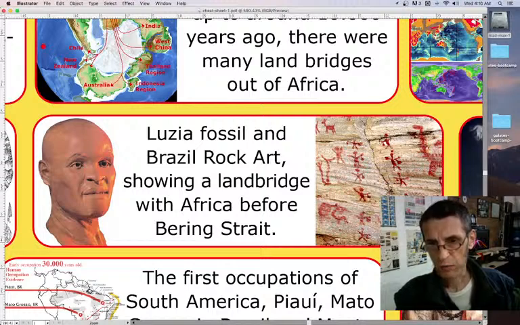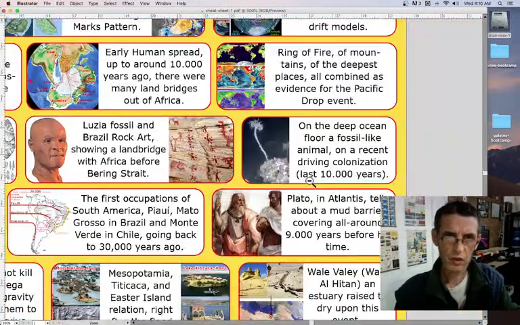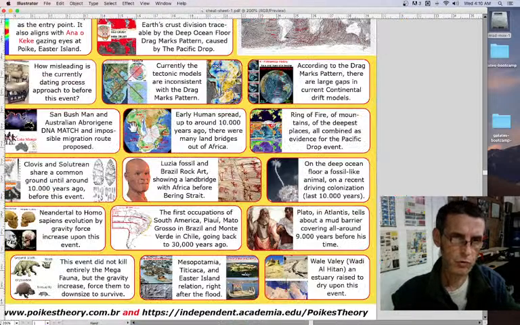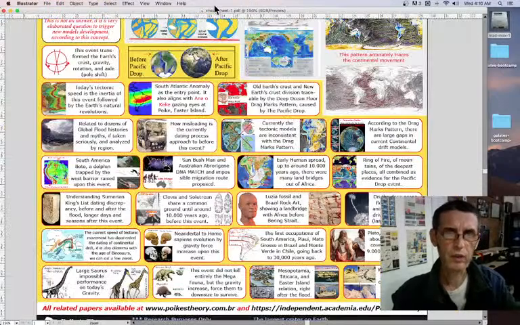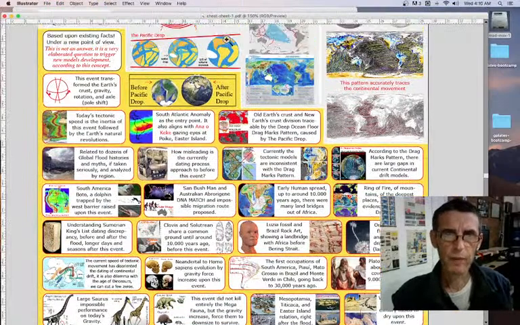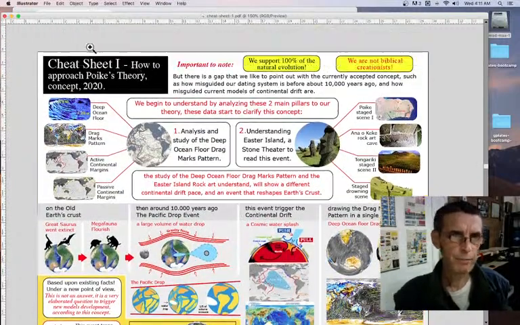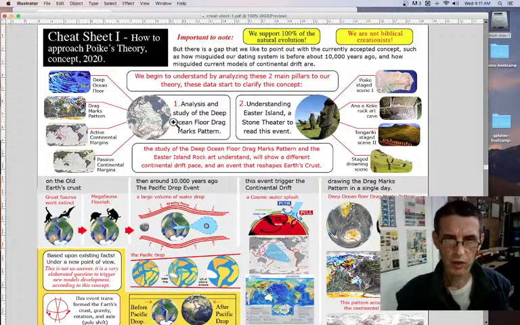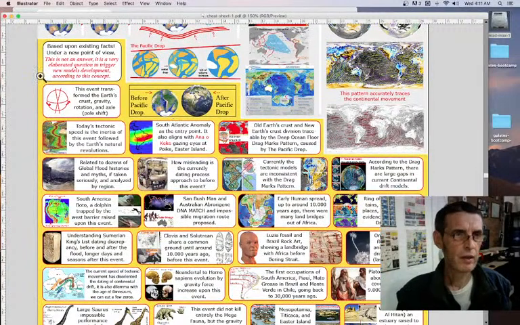Actually, I think there was a boom of rock art right after this event, and people tried to draw this in detail, what happened, for the next generation to get acquainted with. Well, that's what we call the cheat sheet, because it gives you a little insight into many things that happen regarding